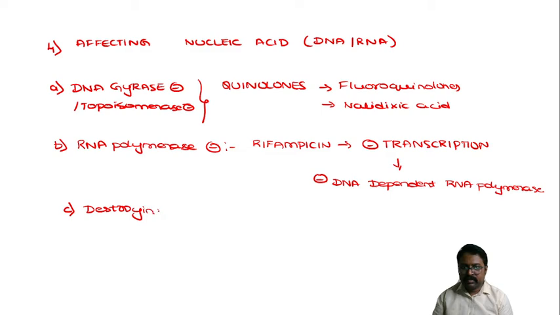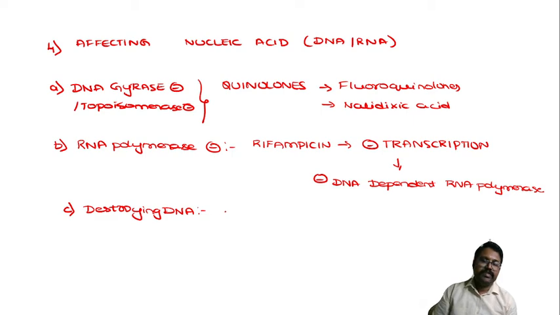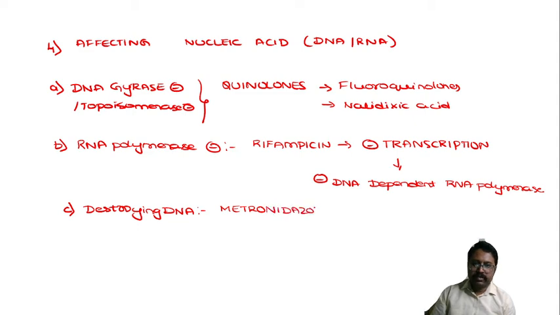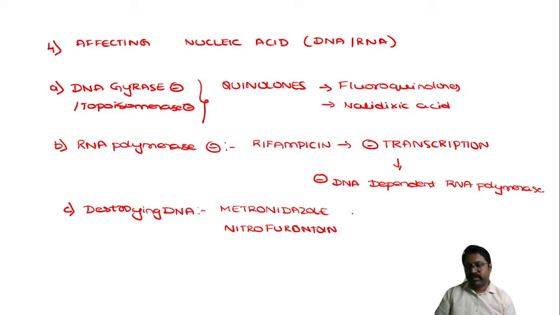So next we have a third group, those drugs which are destroying the DNA. Which are the drugs which are destroying the DNA? We have metronidazole, and we have nitrofurantoin. So these drugs like metronidazole and nitrofurantoin will destroy the DNA by the release of reactive,